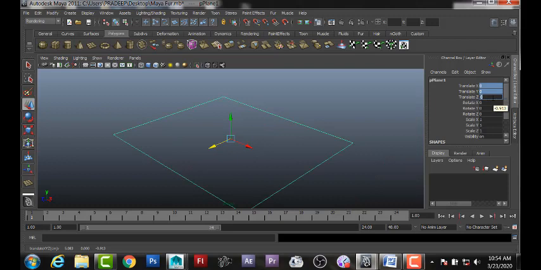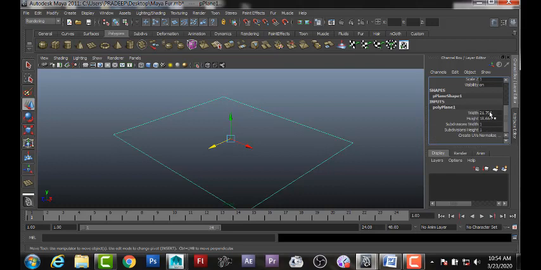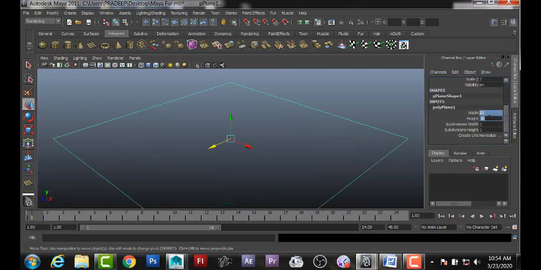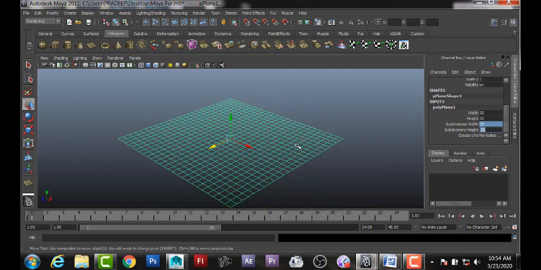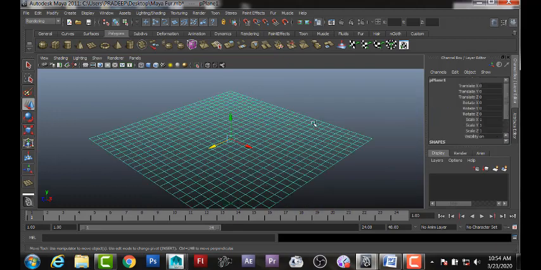Now I will edit the plane properties. Fix the size. I am maintaining both the dimensions similar and increasing the number of the segments by 25 on both the axes. So there are 625 polygons in this plane. Now by selecting this,